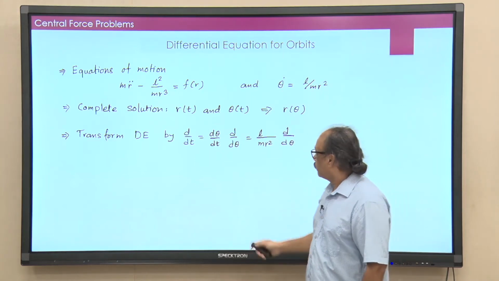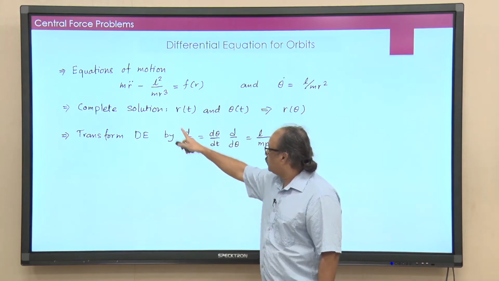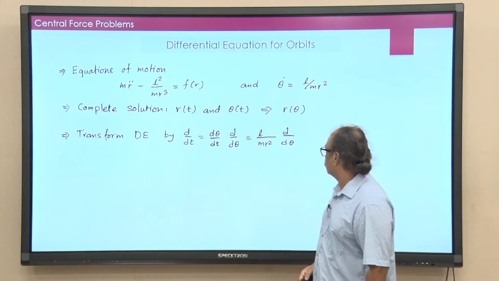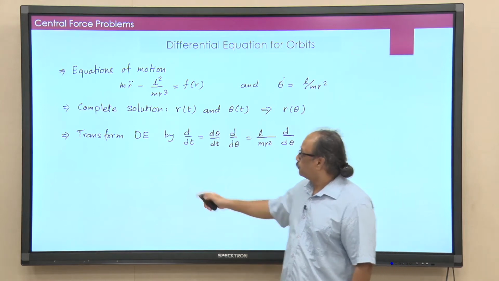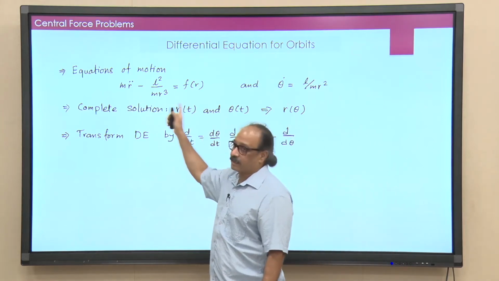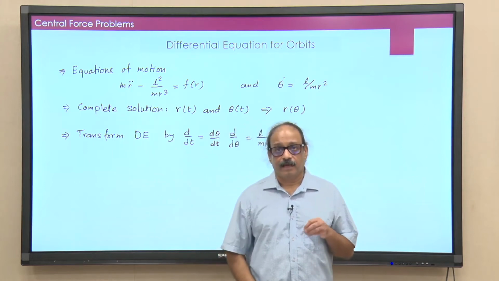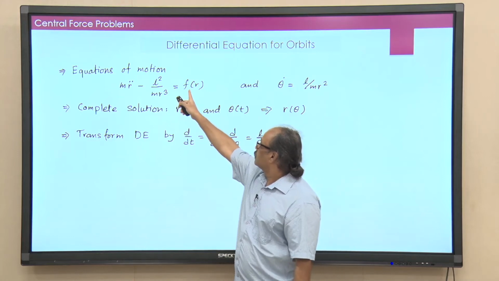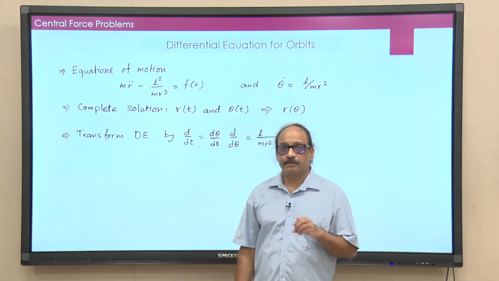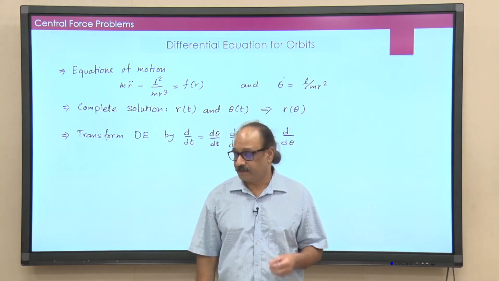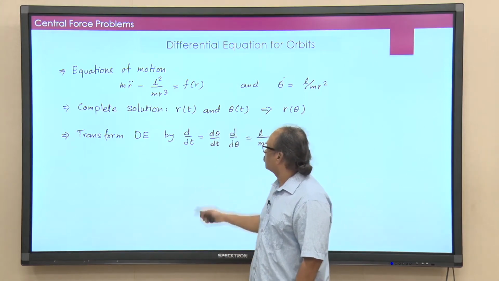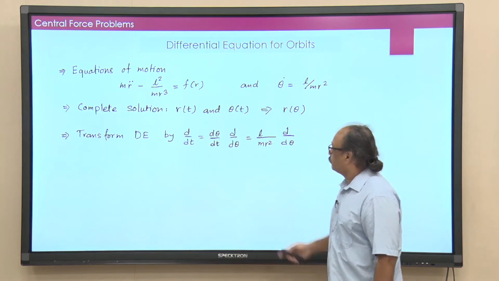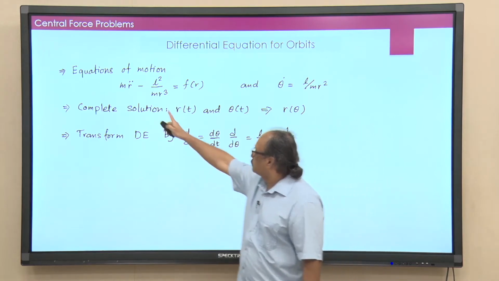Okay, so now I know how to eliminate t from that equation, because wherever there is a d by dt, I replace it by d by d theta. And of course, remember time t does not explicitly appear anywhere in this equation. Remember, in central forces, this f is assumed to be independent of time t. Okay. And so there is no explicit time dependence there. Fine. So, you put this back in this first term there.